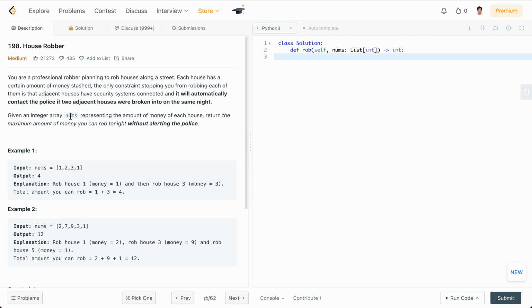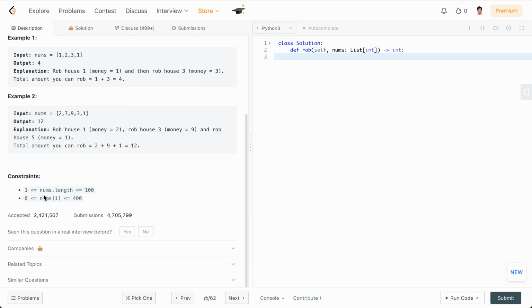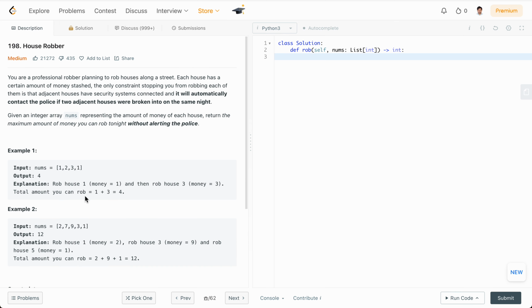Given an integer array nums representing the amount of money of each house, return the maximum amount of money you can rob tonight without alerting the police. And the constraints are nums.length is between 1 and 100, and nums[i], which means the loot value, is from 0 to 100. Okay,